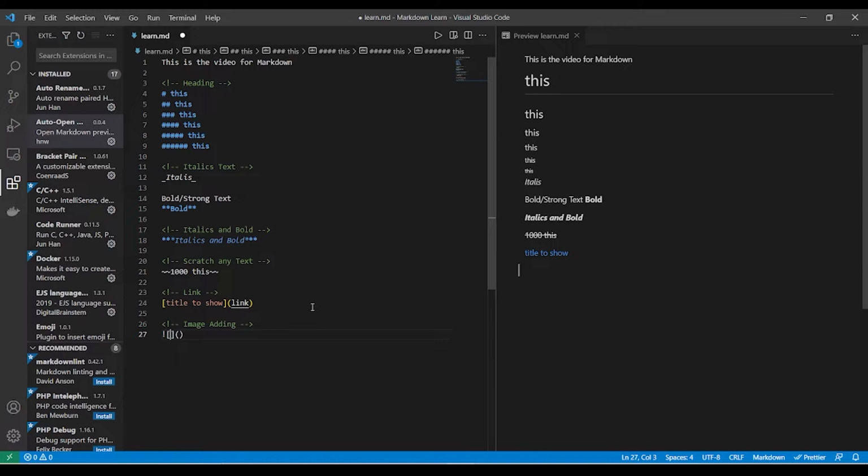So let's name it as alternative text only. Okay, so here you can see it shows the alternative text only, because I have not added any link or any image to it. The parentheses will include the link to the image.